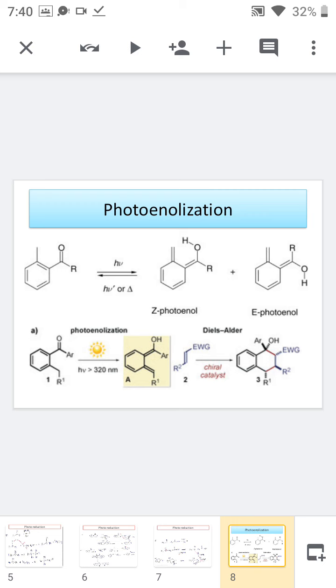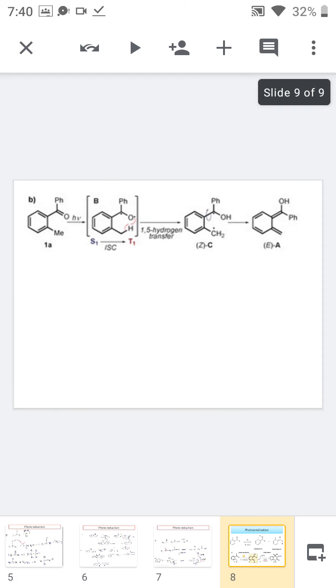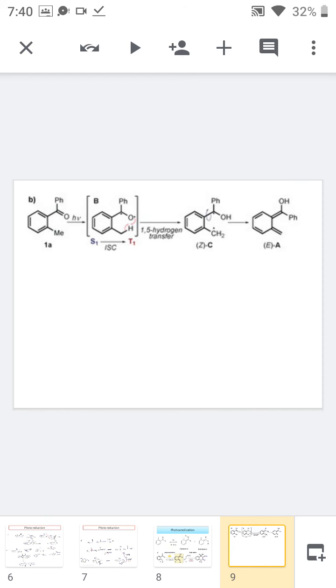Okay, here also the reduction will occur and an enolic compound is produced. Okay. Now the next example, in which the ketone is highly active by the absorption of the radiation and forms two radicals. After that the hydrogen is abstracted and forms an enolate. So this is the example for